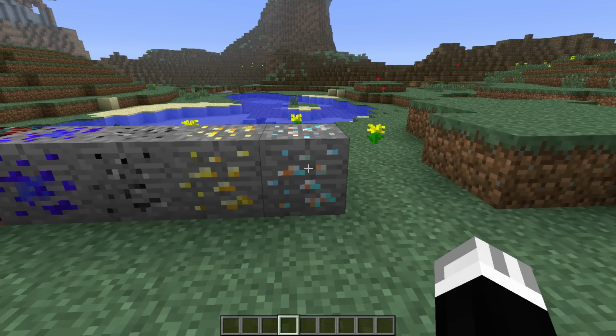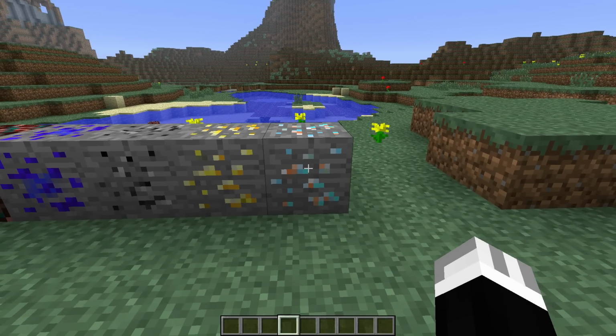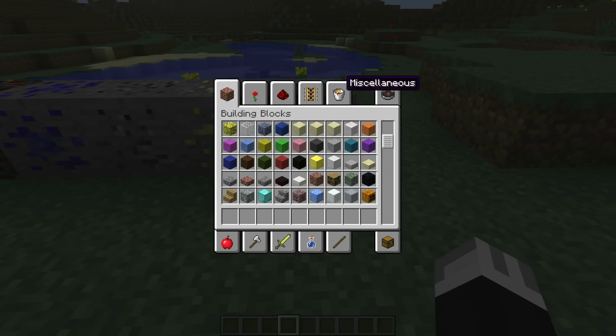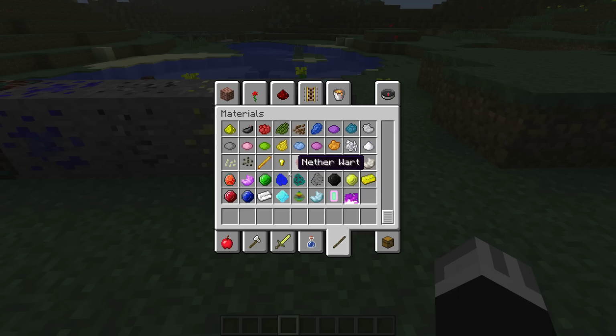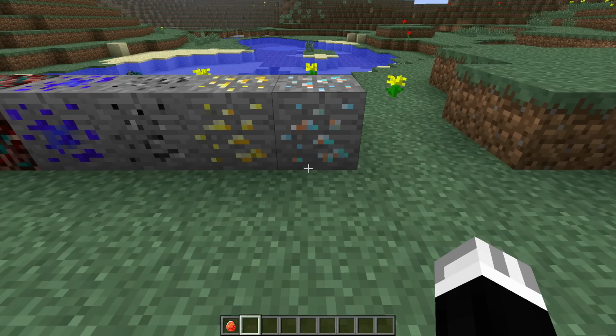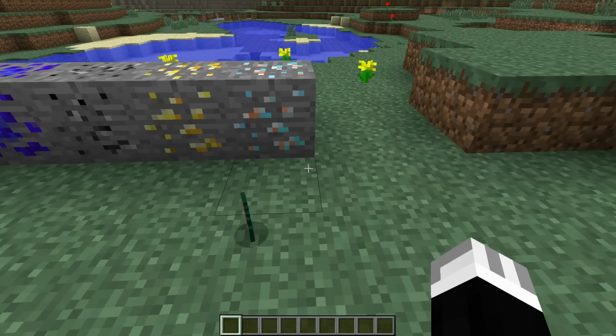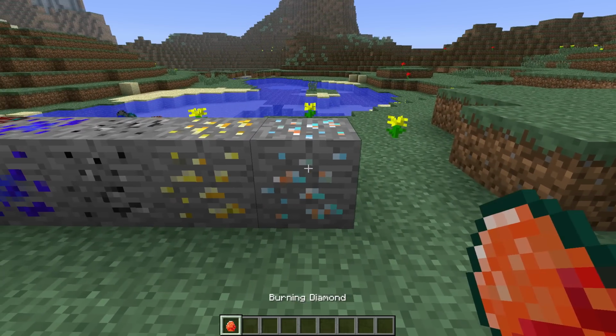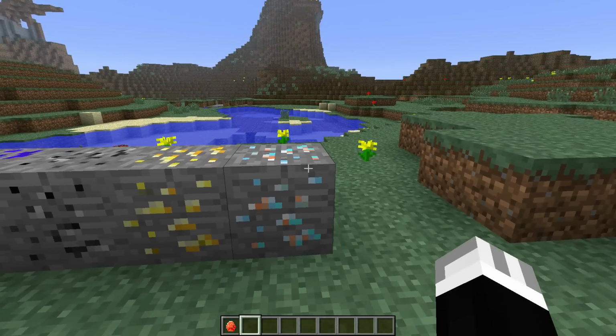The last one would be Burning Diamond. Now this is the best one, I'd say, of all these. The item, that is not where the items are. The item is here, the Burning Diamond. It's a diamond, but it's burning. I'm clever that way. Yeah, so